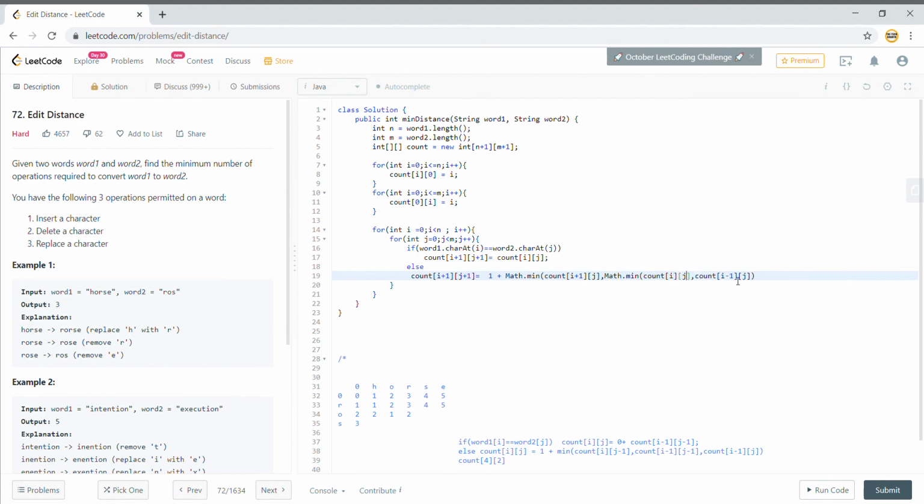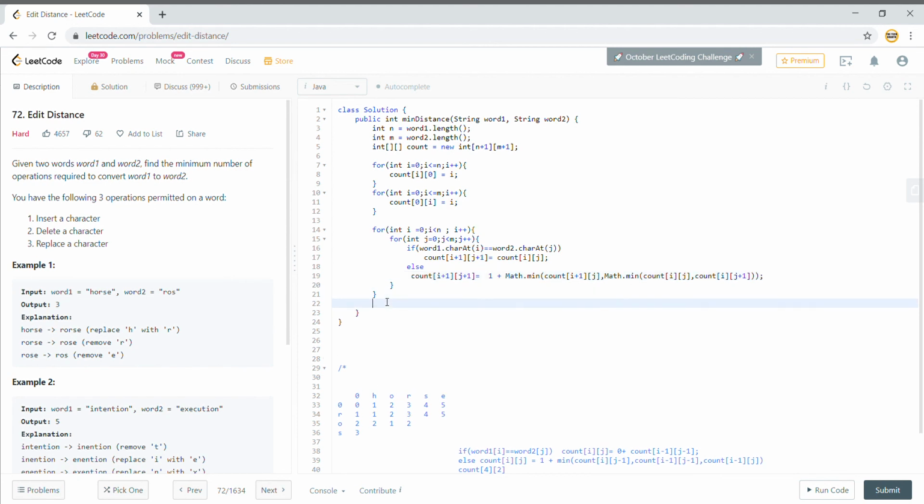We are adding 1 to everything, so this will be plus 1. So this looks okay. It will be math.min of all the surrounding cells, that is count of i, j, i plus 1 and j, and i and j plus 1. So this is how the cells will be populated, and in the end we will simply return whatever value we have got for n and m. So this is what we are going to return. I hope this looks okay to you.